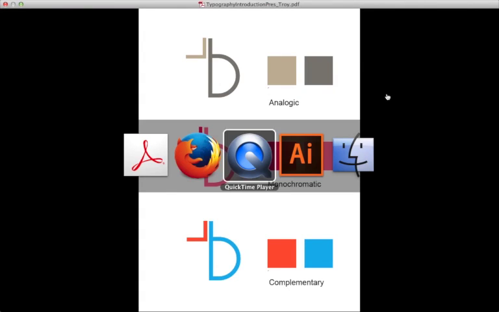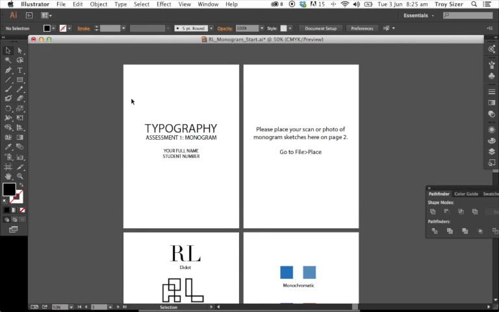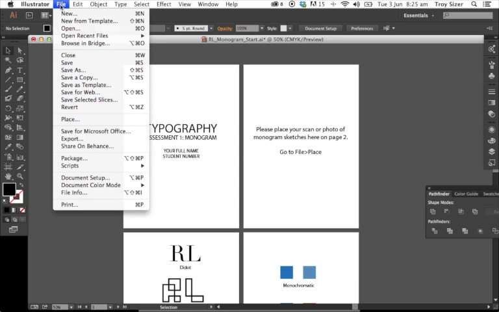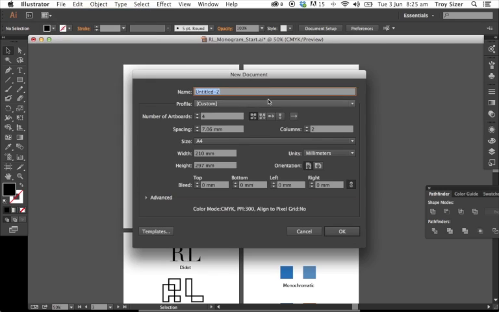I'm just going to flip over now to Illustrator. Here I am in Illustrator, and I've already set up a basis for today to run through to give me a starting point. But what you would do is once you open up Illustrator, you would go File, New, and